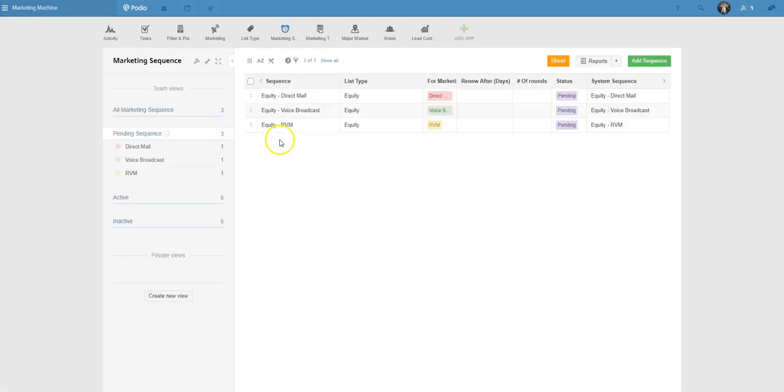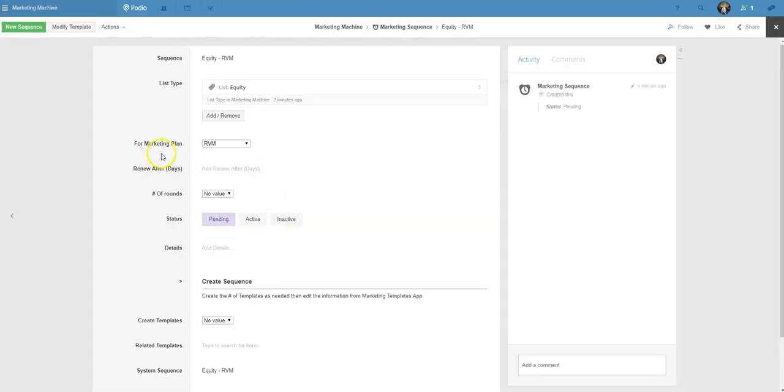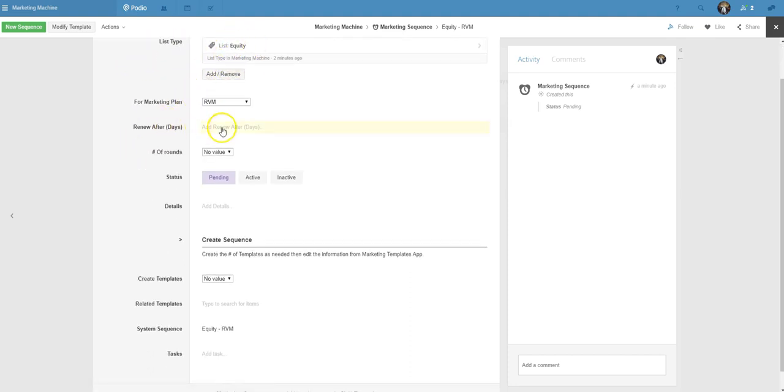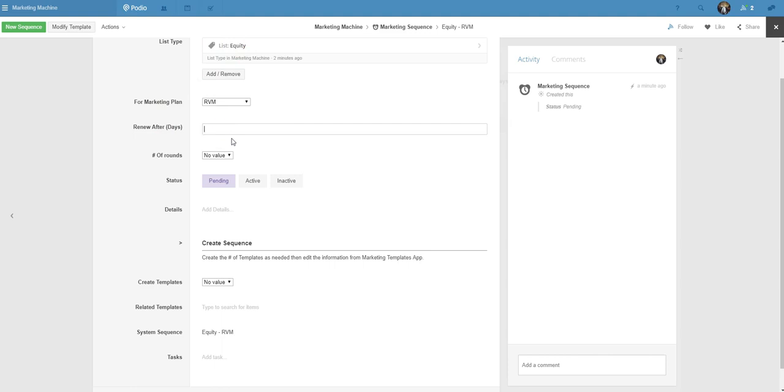So now that we created a sequence, as you see, we made them earlier. We made a sequence for RVM. So for the equity list itself, we're gonna renew it. We're gonna send an RVM again. Let's say you did a campaign, and after how many days you want to renew that campaign. So let's say you sent a campaign of 1,000 ringless voicemails, and you want to renew that after X amount